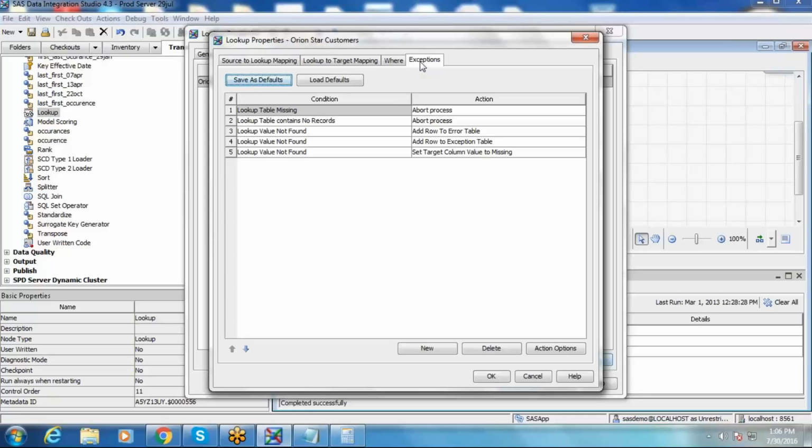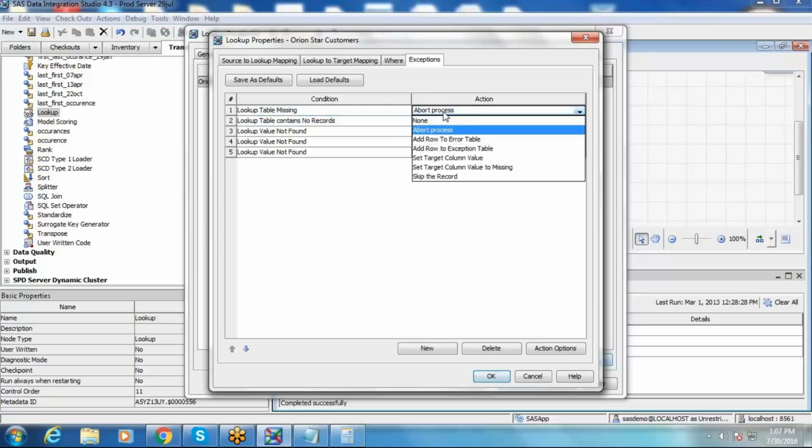Generally, organizations go with error or exception or both. You don't have strict rules for defining that these particular records should be routed to error or these particular records should be routed to exception. So you drop down and you can see a couple of conditions. If the lookup table is missing, or the lookup table contains no records, meaning the lookup table is empty, or the lookup value is not found, what should be the action that is to be taken?